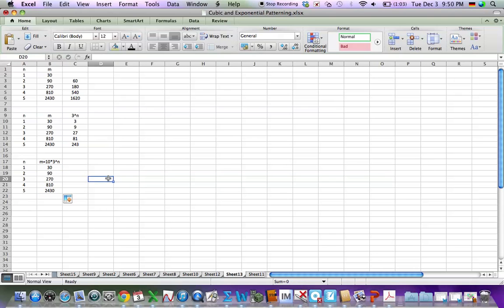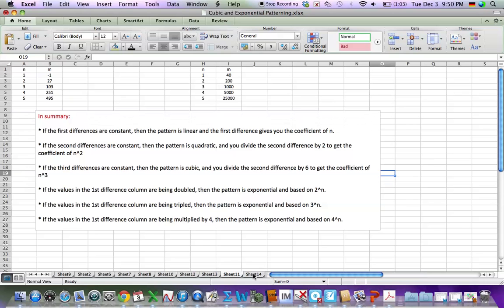Okay. So on the next sheet is a summary. In summary, if the first differences are constants, then the pattern is linear, and the first difference gives you the coefficient of n. If the second differences are constant, then the pattern is quadratic. You divide the second difference by 2 to get the coefficient of n squared. If the third differences are constant, then the pattern is cubic, and you divide the third difference by 6 to get the coefficient of n cubed. If the values in the first difference column are being doubled, then the pattern is exponential and based on 2